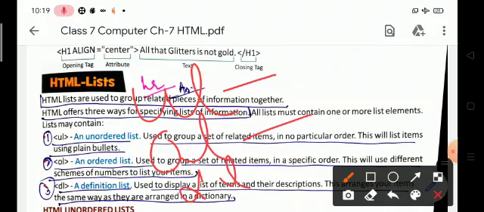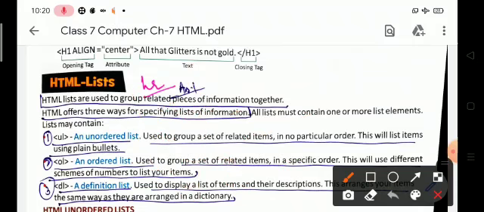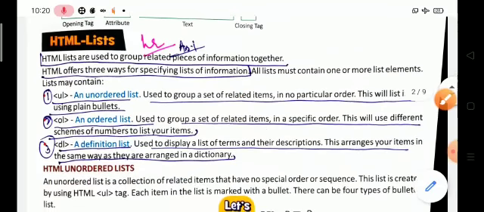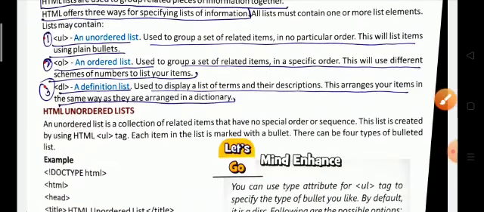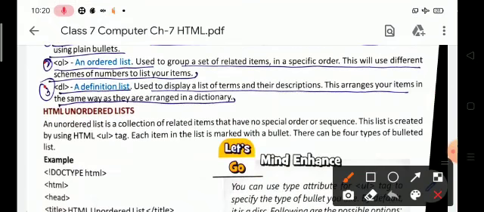An unordered list is used to group a set of related items in no particular order, and it lists items using plain bullets. An ordered list stores the data in a specific order, in the form of numbers. And a definition list, as the name suggests, is used to display a list of terms and their descriptions.